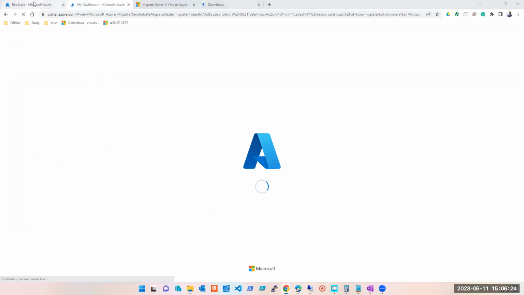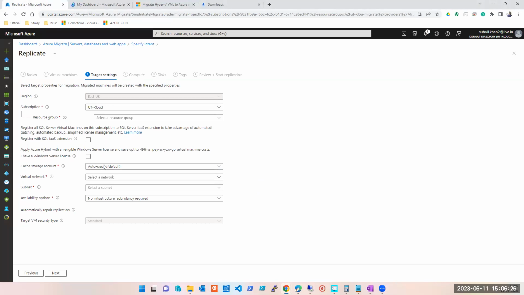I see the goof up. What happened? See, all these details are created already, but where did I create them? I created them in the East US region. I wanted to do the migration in, sorry, Central India region, but by mistake we went ahead with